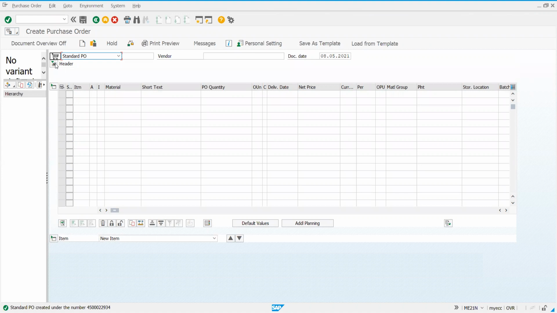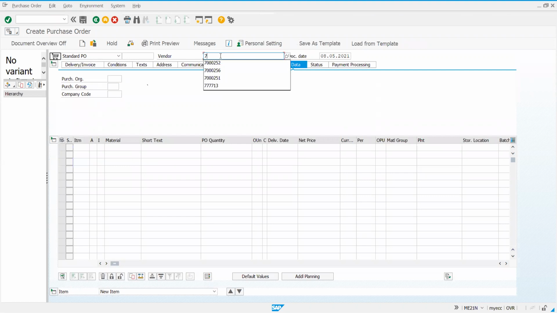Now quickly I would like to demonstrate one more thing. I would like to take some other vendor for the sake of understanding. I'll take this vendor. This vendor is not under conditions. You know that this vendor is not taken under condition schema group. So I'll quickly go with creation of PO.